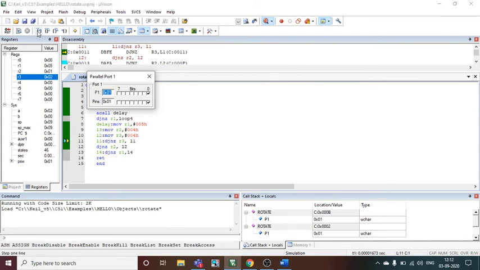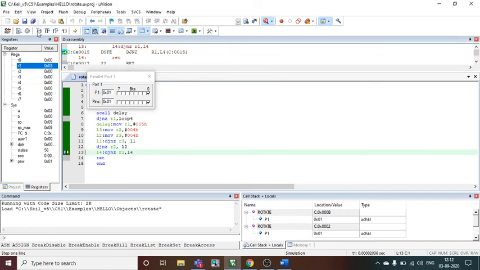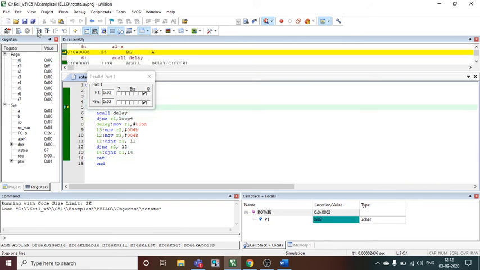Now I have to press F11 again. I have to keep pressing till the LED rotates from left to right. You can see when I keep pressing, it has changed. It has shifted to the other value. You can see the tick mark has shifted towards the right. It's rotating.